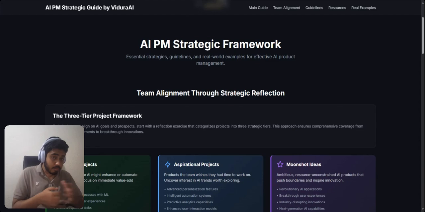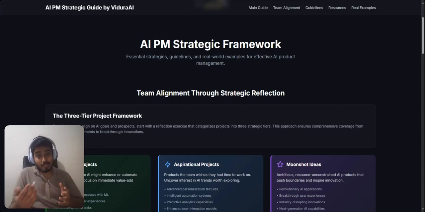So as an AI PM, let me introduce to you a three-tier framework for strategic preparation. So, what is this three-tier strategic framework? So, to help your team align on the goals and prospects, this is a strategic exercise